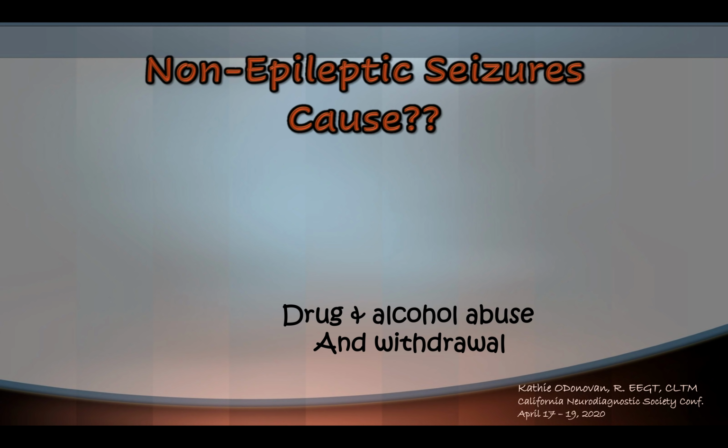For one thing, drug and alcohol abuse and withdrawal, especially alcohol withdrawal, seizures are very common. But what's the cause for it? You're not going to throw an AED at them, because if they stop drinking and they're not having withdrawal, then they're not going to have seizures because of alcohol withdrawal. Same thing for drugs and all that. So that's not epileptic. It's a non-epileptic seizure they're having, no matter what it looks like.